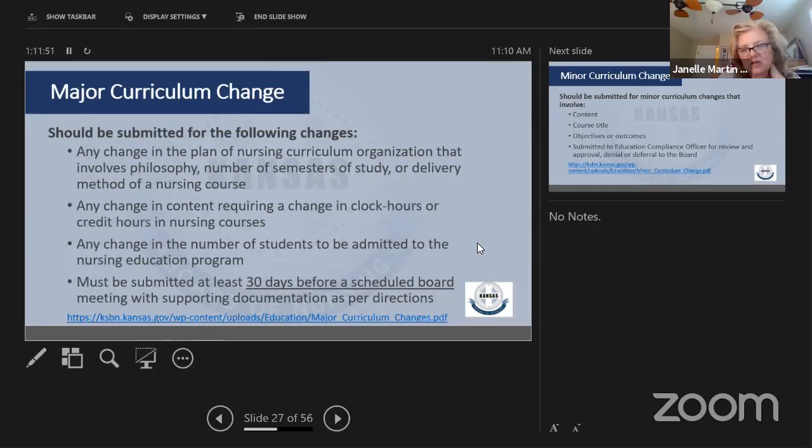Major curriculum changes are not electronic at this point. Because sometimes the documentation that goes with that is fairly extensive, I have pretty much said that anything that's a major change should be mailed in. If it's 5 pages or less, by all means, send it electronically. But we run into some trouble when we have a document that runs into the 40, 50, 60 pages. Then go ahead and just mail that in along with the curriculum change form. We are working on a way to change that, but we've got several things in place that have to be addressed before that one does.